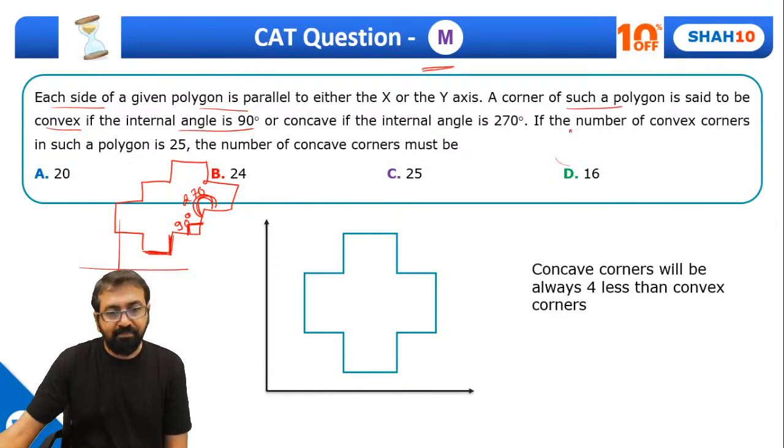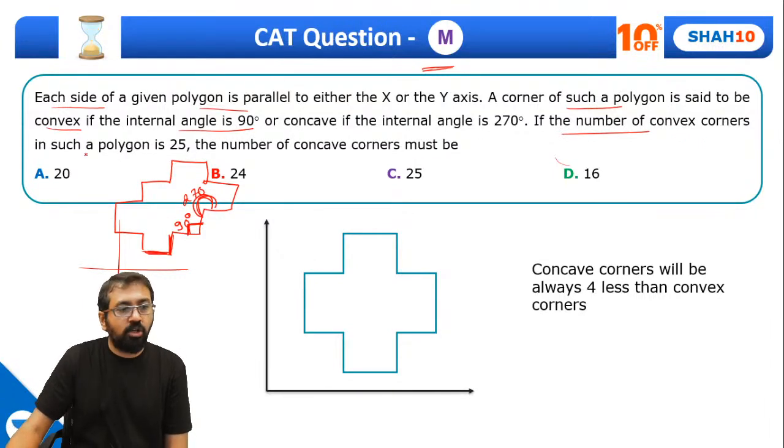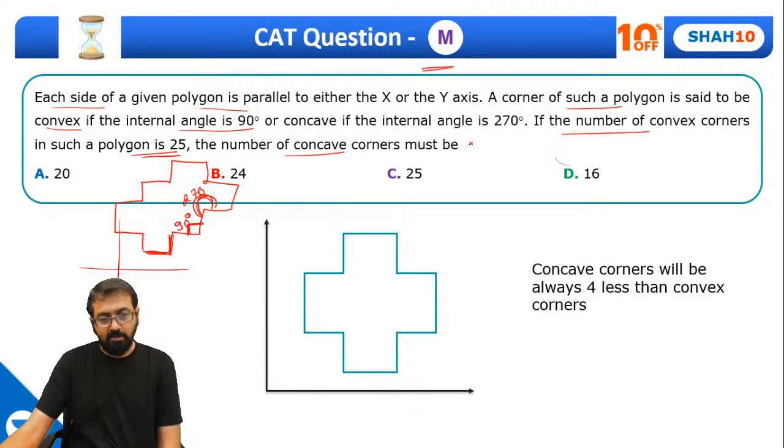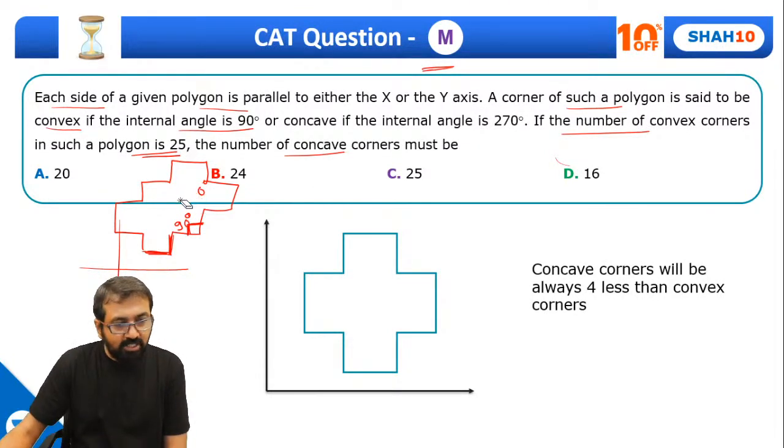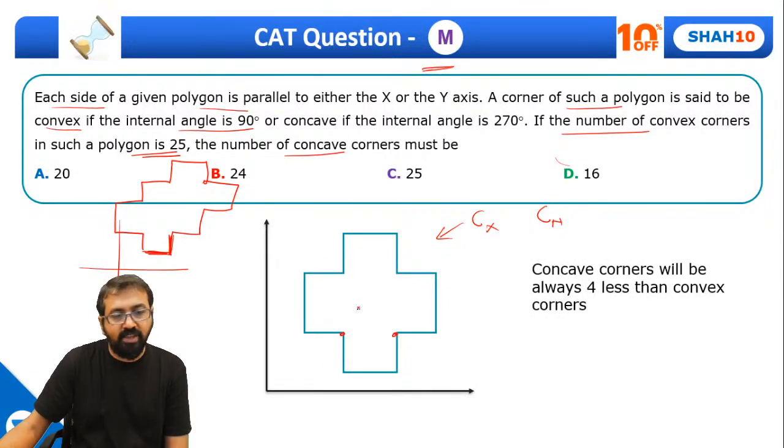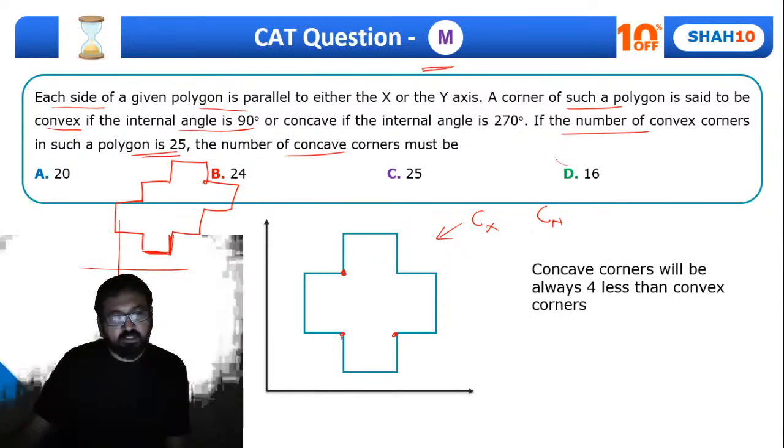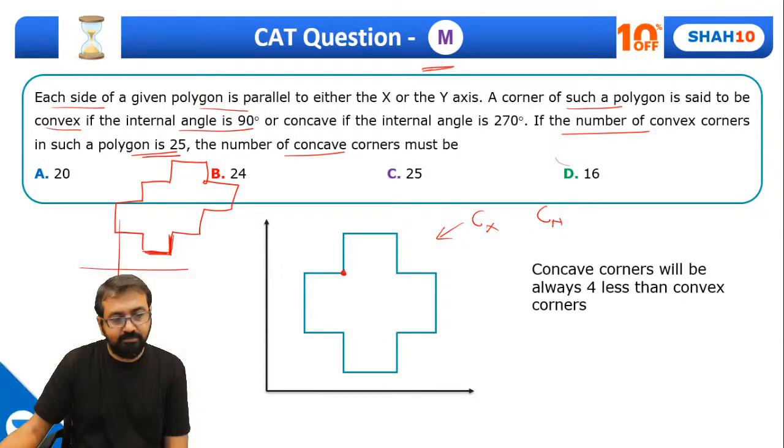Right. So if the number of convex corners in such a polygon is 25, the number of concave corners must be? Now guys, let's do one thing. Let's observe two diagrams. How many convex corners and concave corners are there? So in this one, can I say this is a convex corner? One,